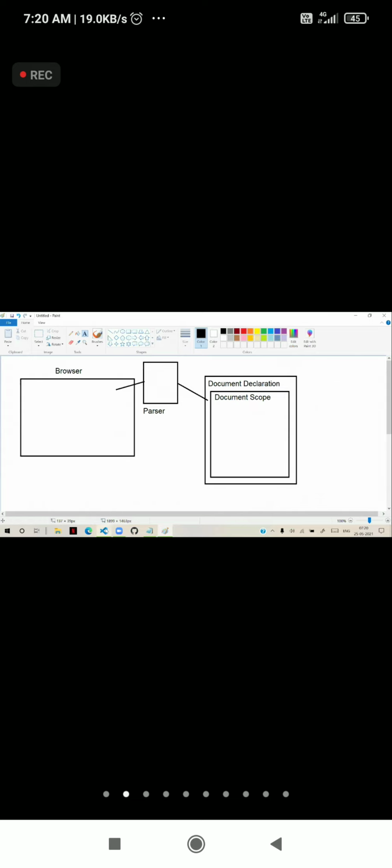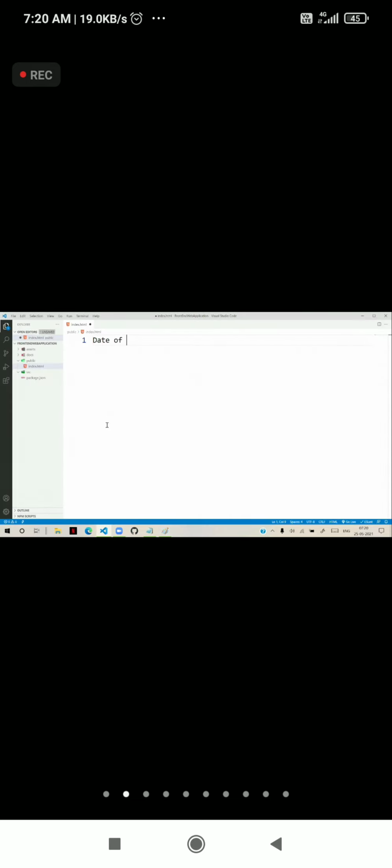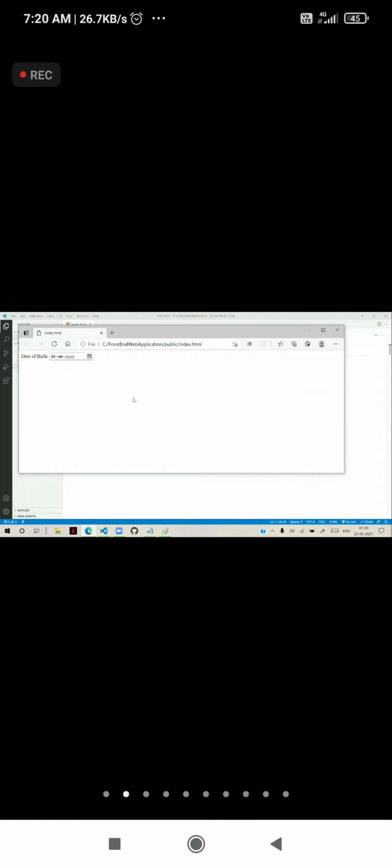Suppose I say date of birth, and I give input type equal to date. Currently, I am opening this in the Edge browser or Chrome browser. You see, in the browser, you will find the date picker is present. You can select and choose a date from here.